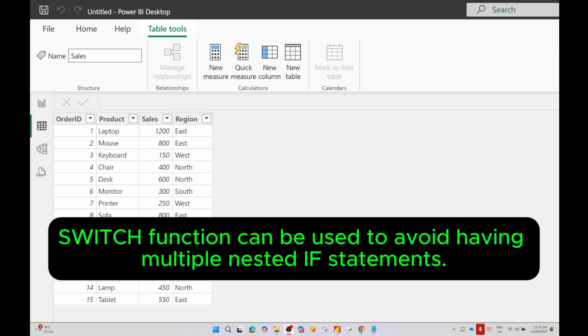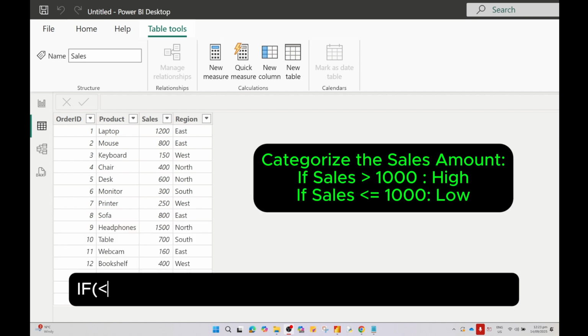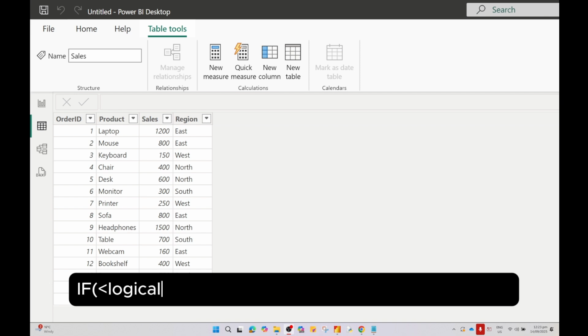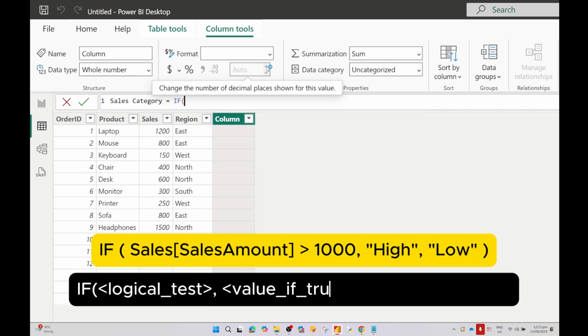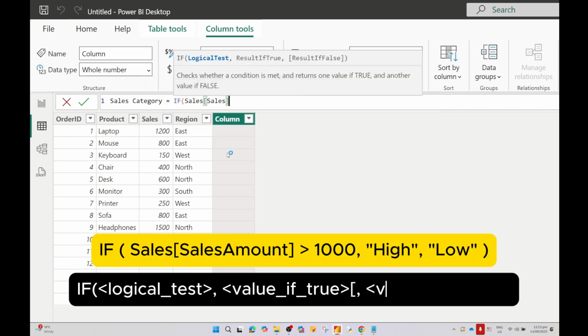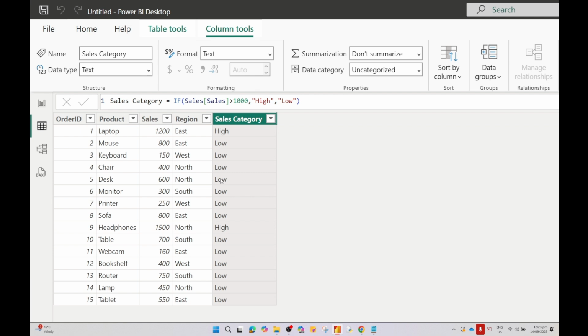Let's start with IF. To categorize these sales as high or low, create a new column and type Sales Category equals to IF, opening parenthesis, select the Sales Amount. If it's greater than 1000, it will be categorized as High, else Low. These are the two simple conditions. Press enter and all the sales which are more than 1000 will be categorized as High, else it will be